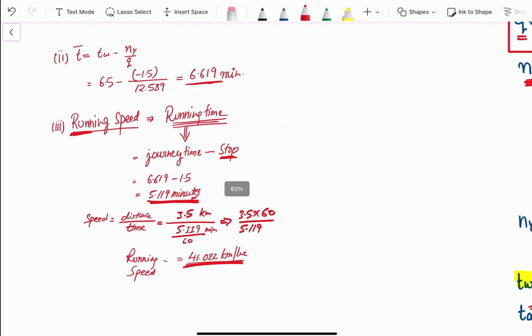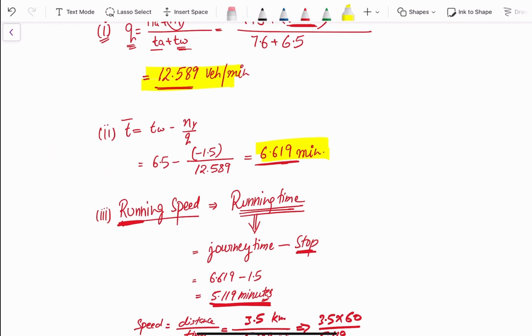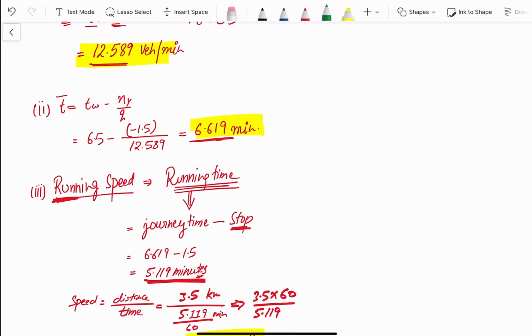So we have found out all three parameters. We have found out the average traffic volume, we have found out the journey time, and we have found out the running speed. Okay. So I hope the question is clear. So now